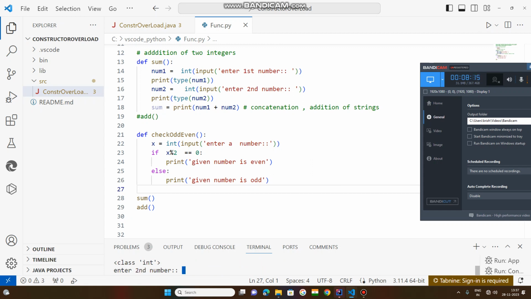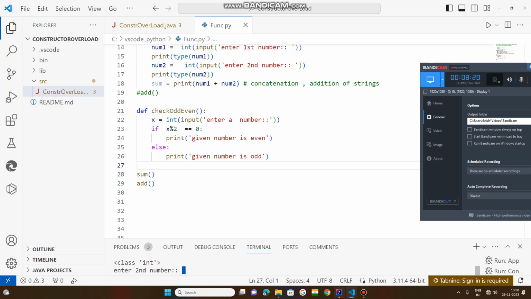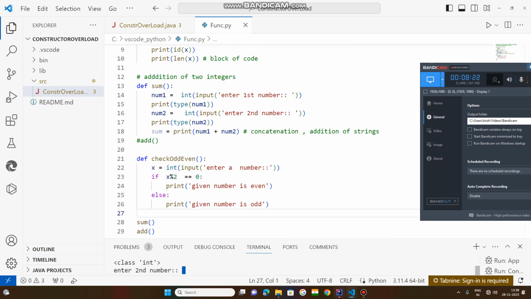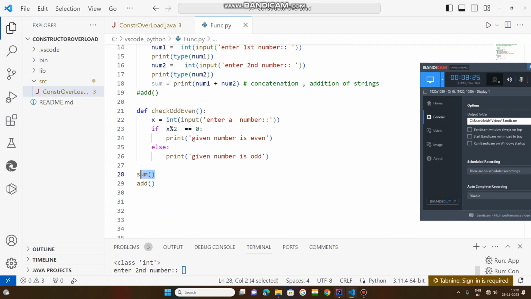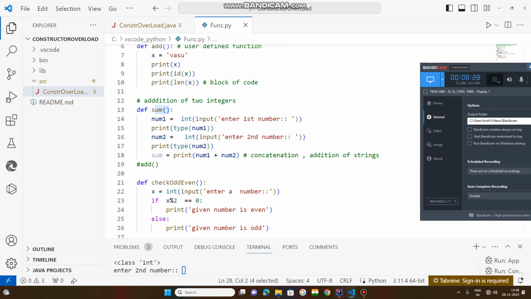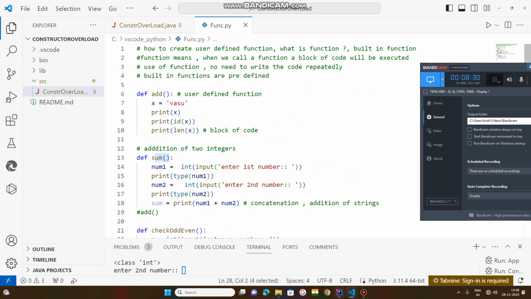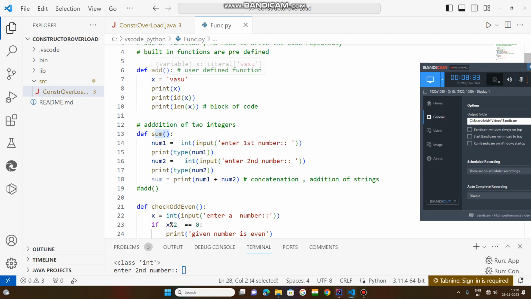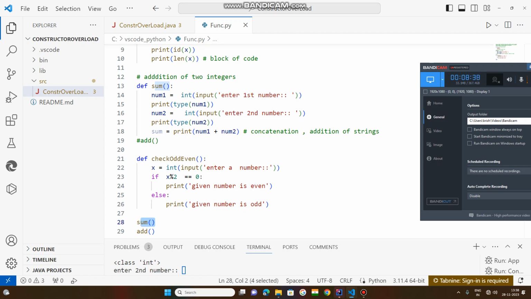If you enter, you are requesting for some function. Sum function is what, this function. So enter first number. The sum function is in the middle of three functions. This is the first function, but you are calling the middle function. So the interpreter calls this first function, then the second function, okay. So it is looking for the second function. So if you pass the value,